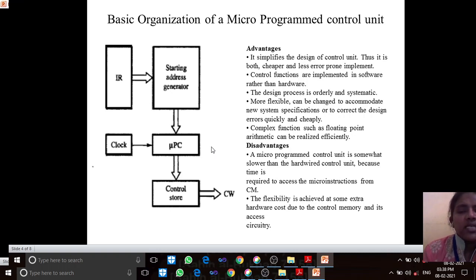The flexibility is achieved at some extra hardware cost due to the control memory. You are using some extra thing here. Unlike hardware control, where you have multiplexer, decoder, encoder, all those things, here you are using the control store, a special memory unit.